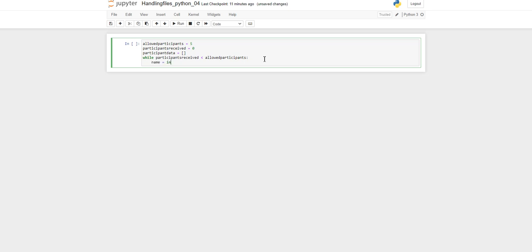Name equal to input of "Enter the name", and we will also have one temp data that we will collect this data in our temp list, and that temp list will be appended to our participant data. So temp data dot append of name,